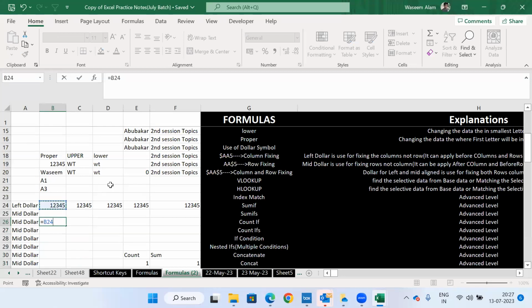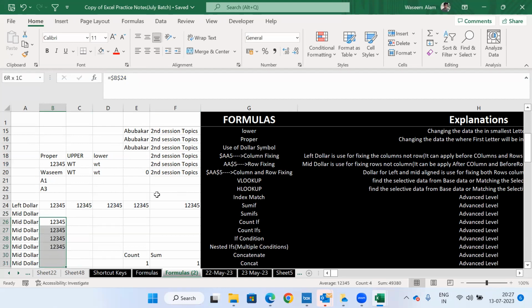Now again, if I put the third one, column and row fixing, the dollar for left and mid aligned, mid between column and row, this is your double dollar. Double dollar is fixing your column and rows as well. In that case, you can drag in multiple rows or in multiple columns. This number is fixed. Even if I delete,